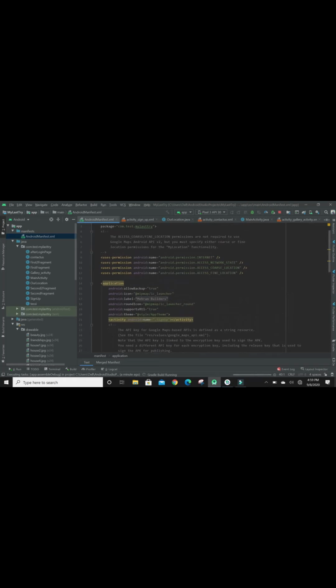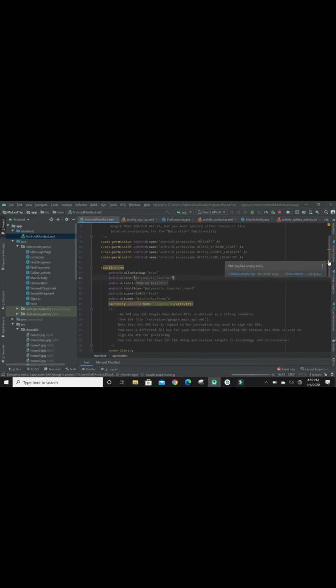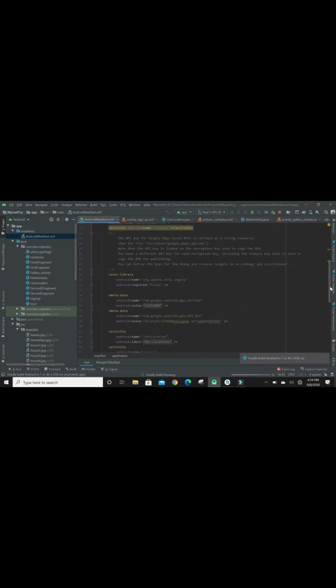Here in the Android manifest we have added some permissions when using the locations API. This is internet and access network state and some other permissions. So when we use locations, the app will ask the user for these permissions. These are other activities. So our app is going to be launched.